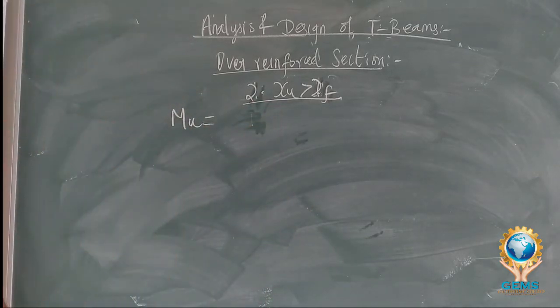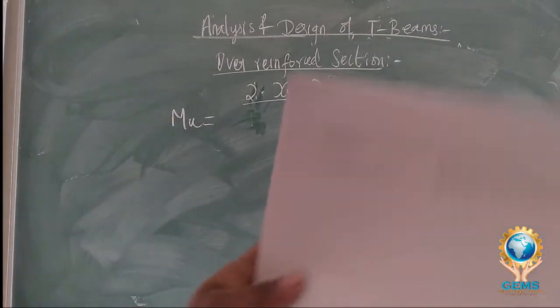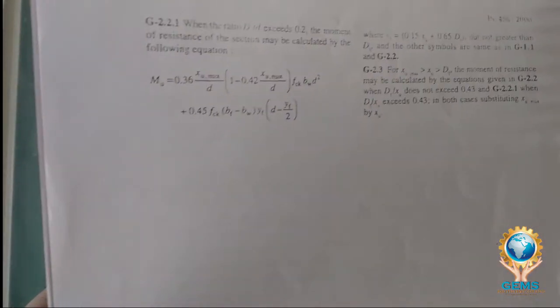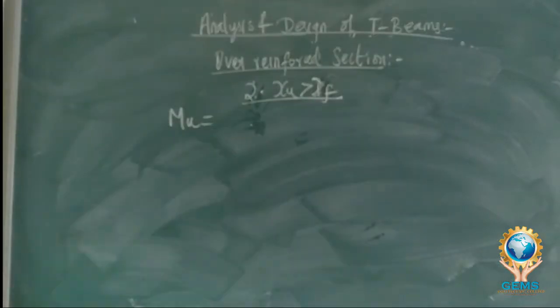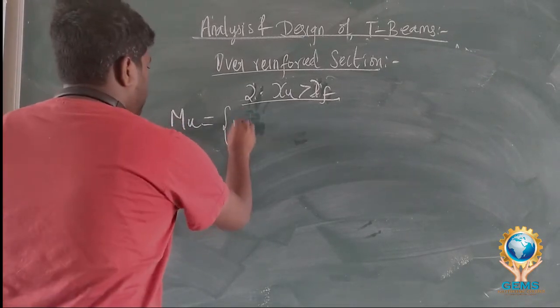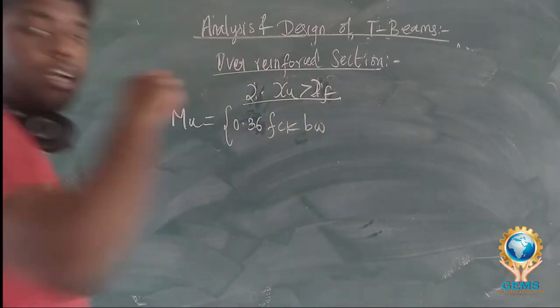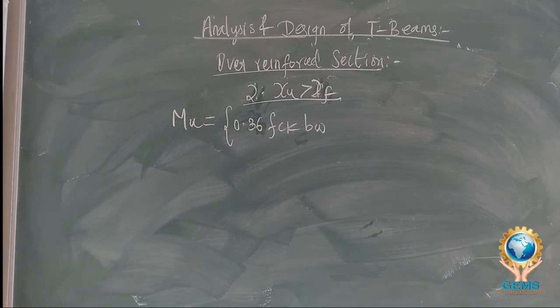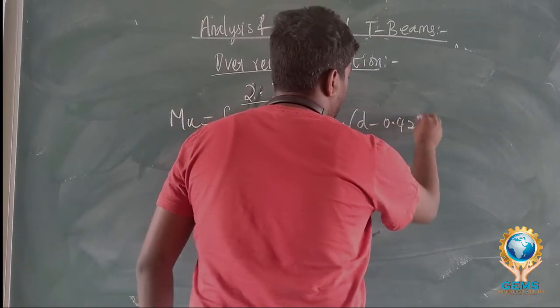I will write it again. In the code, page number 97, you can see this formula, right? Using this formula, you can easily write it. So I will write the formula first for moment of resistance. That is 0.36 FCK BW into XU into D minus 0.42 XU